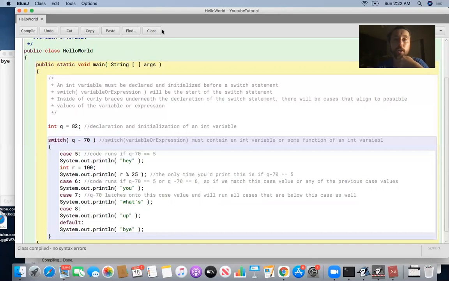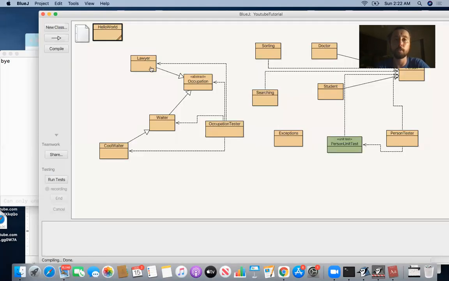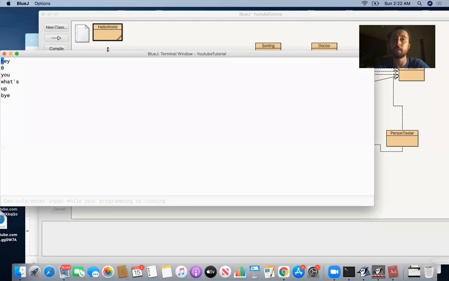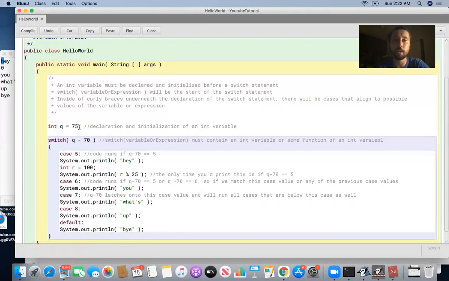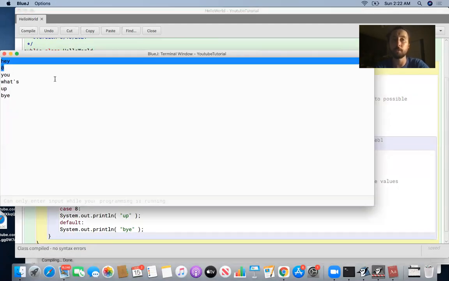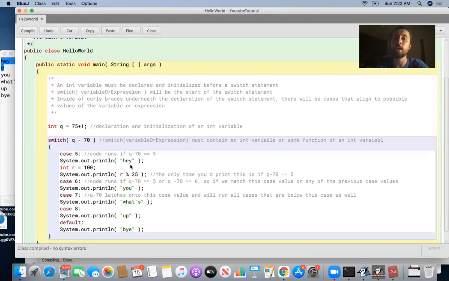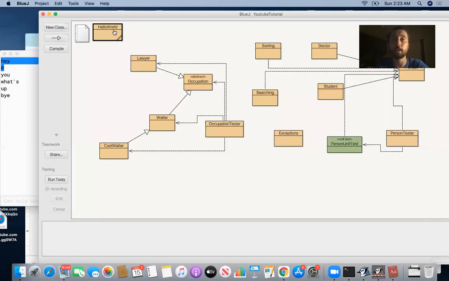what's going on here. And so now what you do is we could take this back to 75. So 75 minus 70 is 5, and now we could print more than 5 lines of code, right? So we would have the hey and the 0 under that case 5. But again, now if we go ahead and say 75 plus 1, then we're looking at 76, and we're going to lose both of these first 2 lines. We're not going to print hey, and we're not going to print 0 because we're not latching onto the case until case 6. So now if we go ahead and compile it and run it, then you just have u